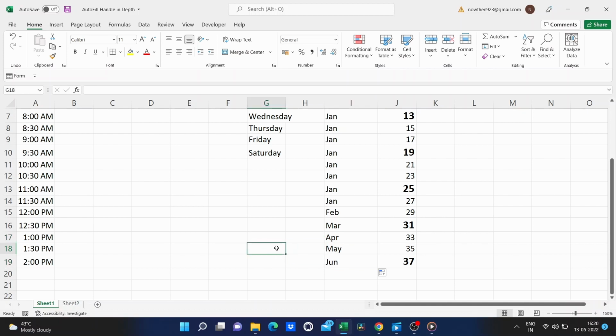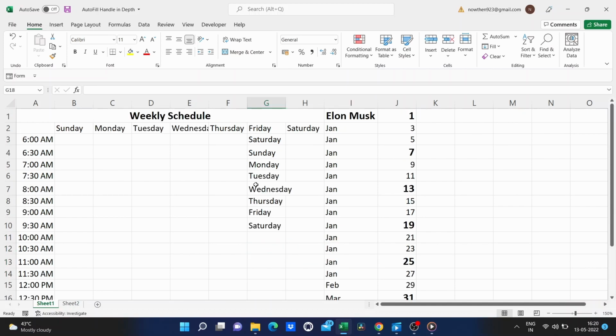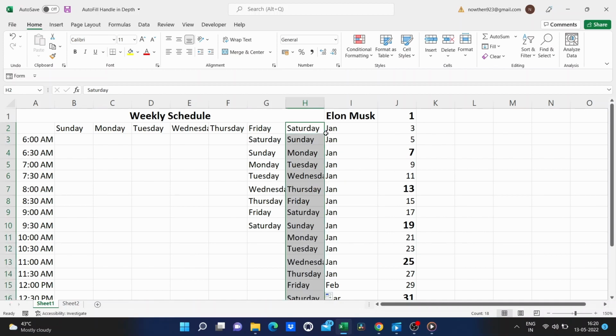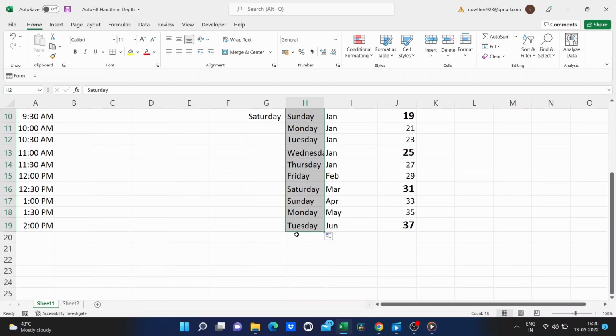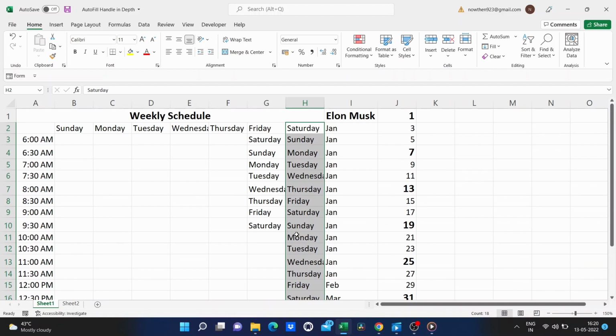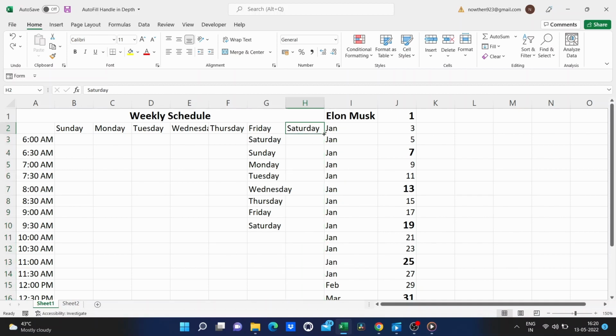So I hope you'll look for opportunities to use the autofill handle. When you're using it, use the click and drag method when you're dealing with a short list like this one here. If the list is much longer, you might want to just double click on the autofill handle and have it automatically populate down the page. And then remember, if you don't want to extend the pattern or the time sequence, just hold the Control key when you click and drag. And it will just simply copy and repeat.